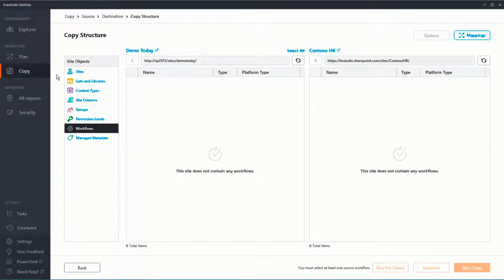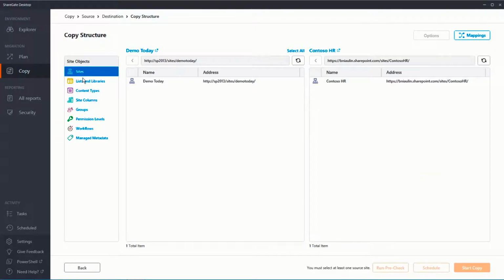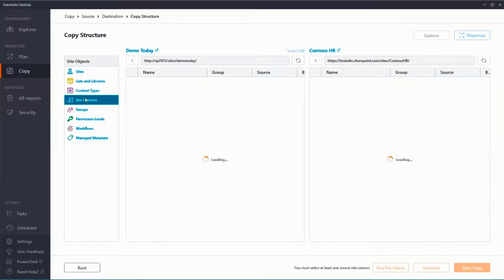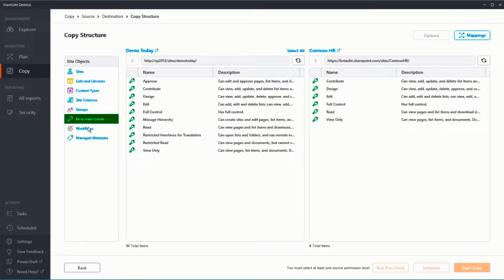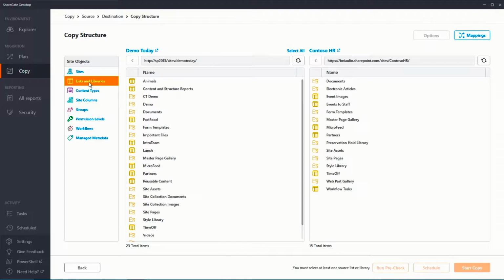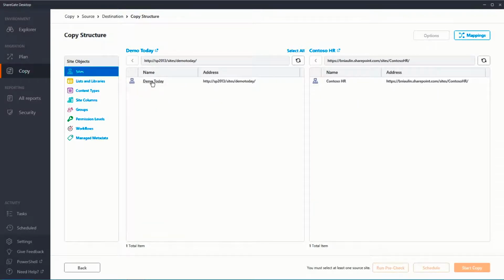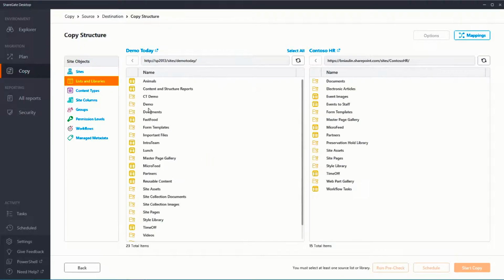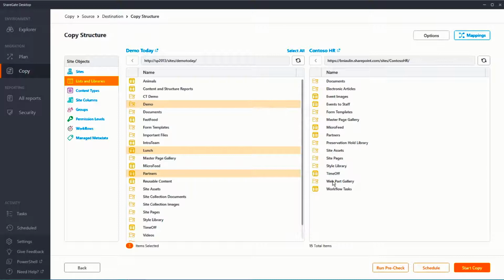Once you're done planning your environment, it'll come time for you to start copying things over. The way that it works is you have a source and a destination, and on the left-hand side, you can filter to what exactly it is that you want to migrate. So whether it is workflows, term store, groups, lists and libraries, or sites that are available below it, you can always navigate to exactly what you're looking for